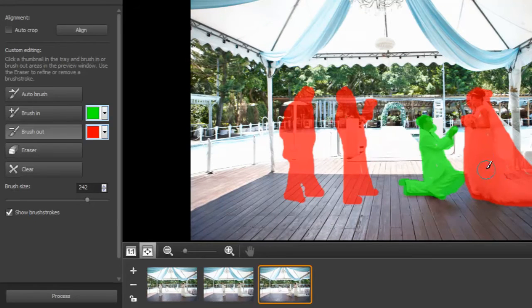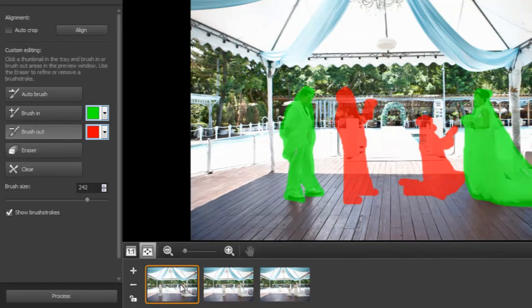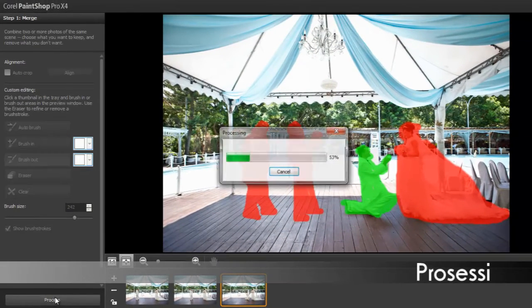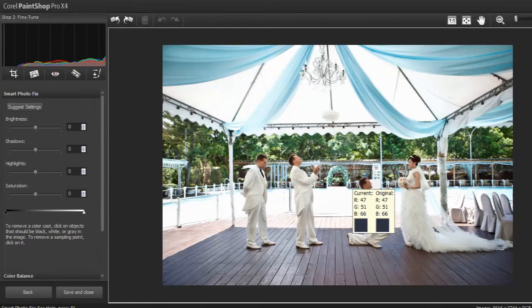Now we need to see if there's anywhere where the bride is outside of the brushed in area. So here is a movement of her train. There's 1, 2. And here we go. So now we have one guy, 2 spaces there and there. Great. So let's say process. Okay. Now there we have a pretty clean